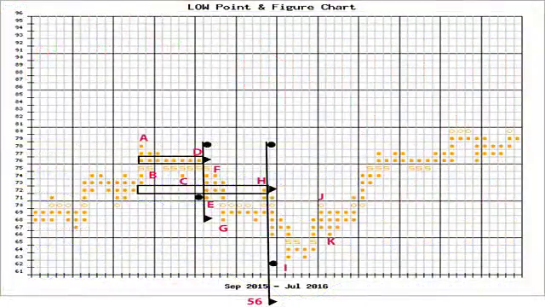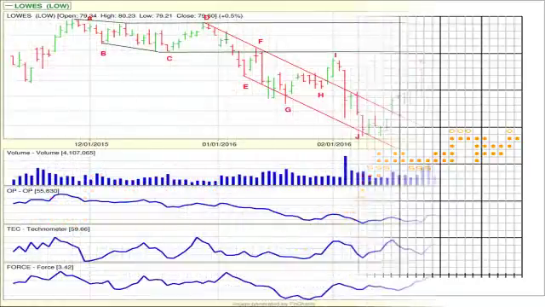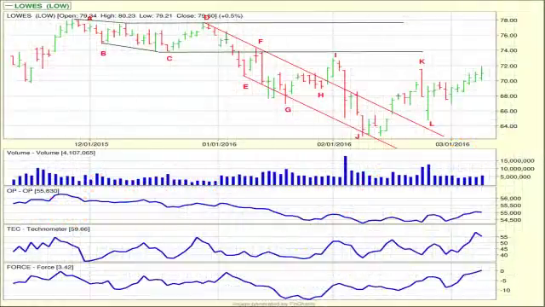Back to the point and figure chart. A count can be taken from the last point of supply at point H over to point A. This is a count of 16 points, giving us an objective of between $56 and $62 per share. Lowe's reacted to point G,